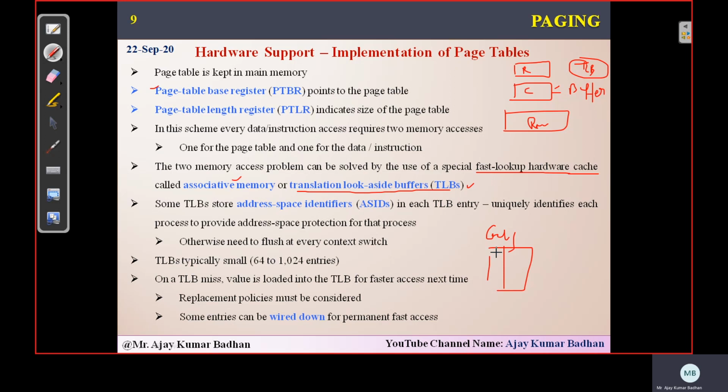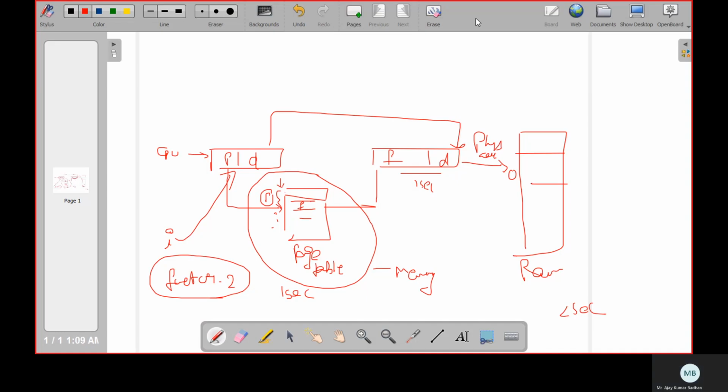So within that particular cache, whenever you try to access the same page again, it will immediately provide you the frame number from that table, and from there you directly perform frame plus displacement, and then you get the physical address. So we are not accessing your page table. Okay, let me show you the diagram so that you can understand.